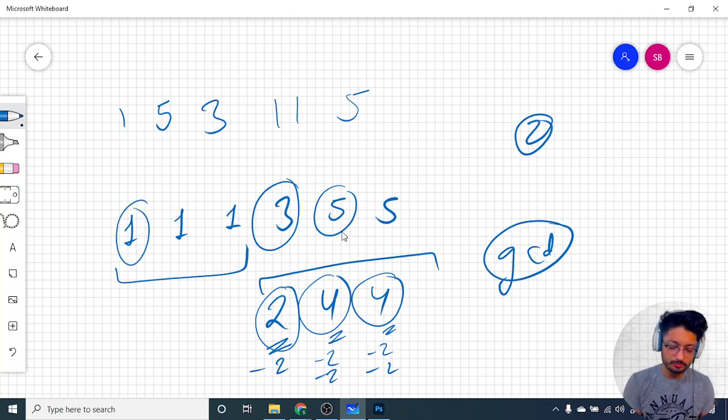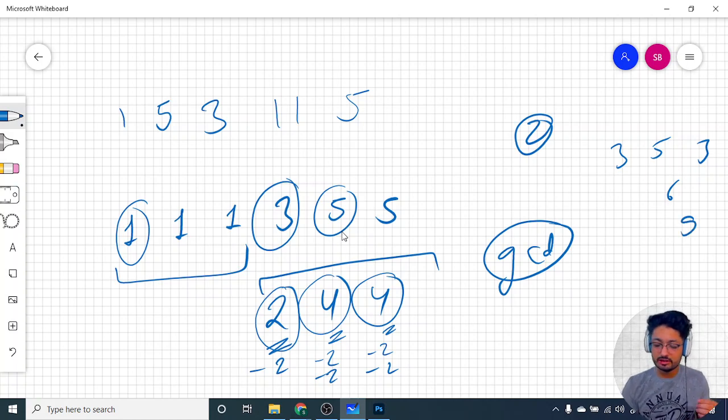So just find out the smallest number and subtract all the numbers from the smallest number. Like, if you have different numbers, let's say 3, 5, 3, 6, 9, whatever numbers you have, the numbers are a difference between the smallest number and this number, because every number should be converted to the smallest number. So the difference between them is the number I want to subtract, and that difference should be a multiple of some number so that I can easily subtract them out.